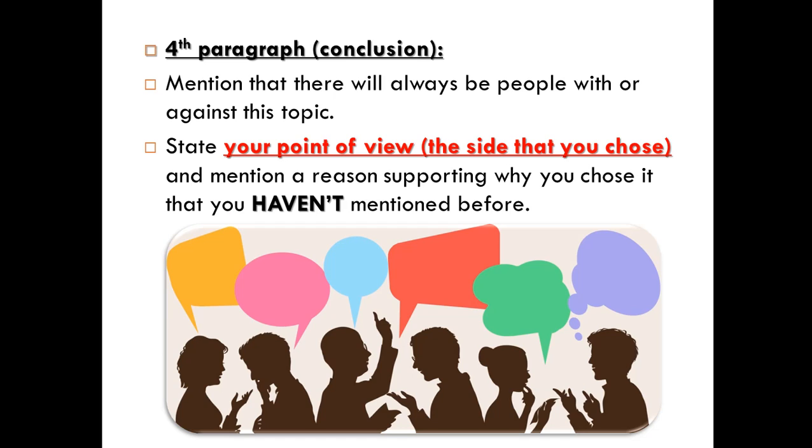Because before you write, you have to make a table of pros and cons, like we're going to see right now. And when you are writing, you have to just keep one reason for yourself to write it in the fourth paragraph. Like we said, for example, here I can say, if I'm with drinking fizzy drinks, something that I did not mention in the third paragraph,